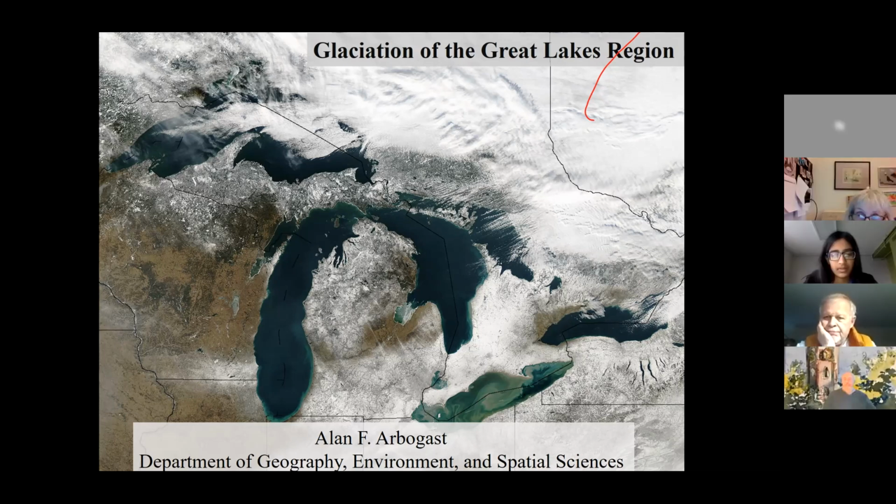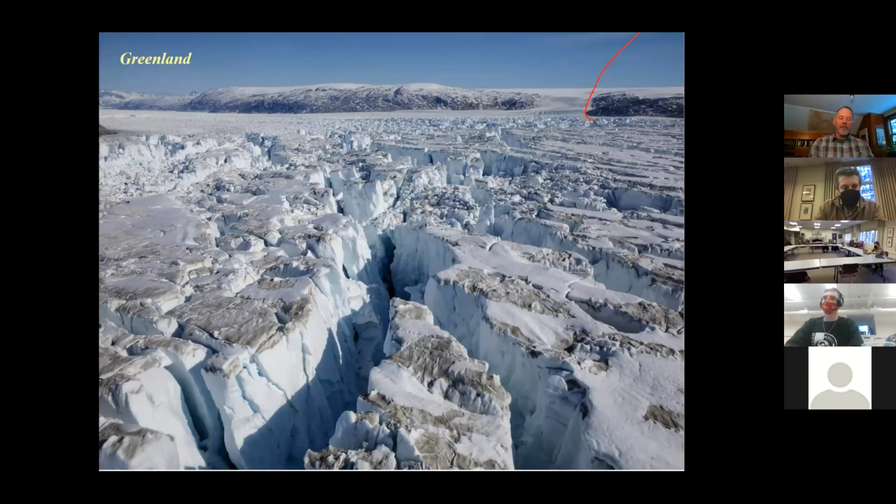So first of all, before we get into the whole topic of glaciation of Michigan, I want to talk for a moment about Greenland. This is a typical image of the Greenland ice sheet. Notice all the crevasses and the wide expanse of ice. I bring this up now because we know that ice sheets cover Greenland and Antarctica, but once upon a time, the Midwest U.S., including all of Michigan, looked like this